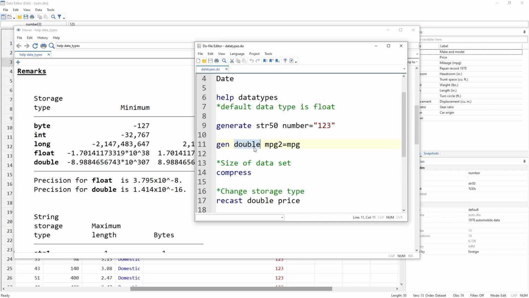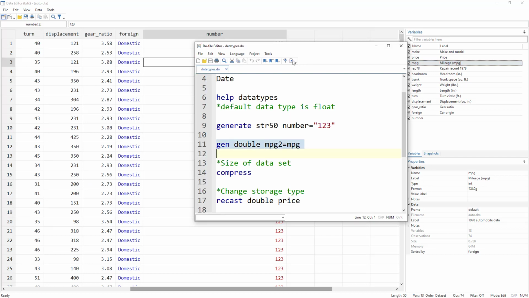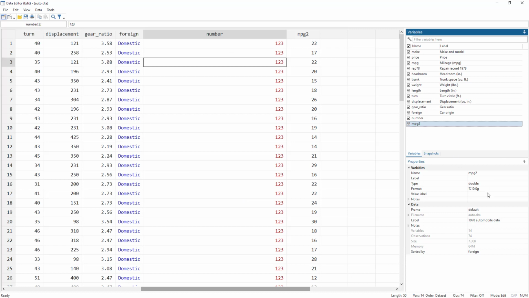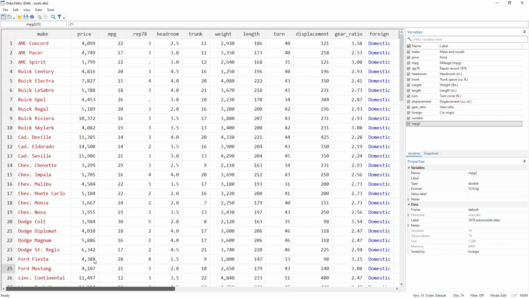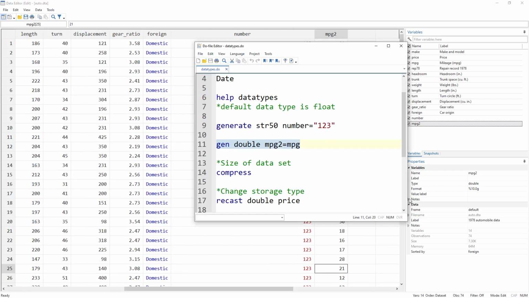We can also generate a variable, let's call it mpg2, and that would be equal to mpg. Although mpg by itself is an integer variable, let's generate a double variable. Okay, so now you can see mpg2 has a double data type, right? Now, as I discussed, as we increase the capacity, the size of the dataset would increase. In this case, because we have a small number of observations and variables, the dataset size does not matter. So we have a dataset of 7.30